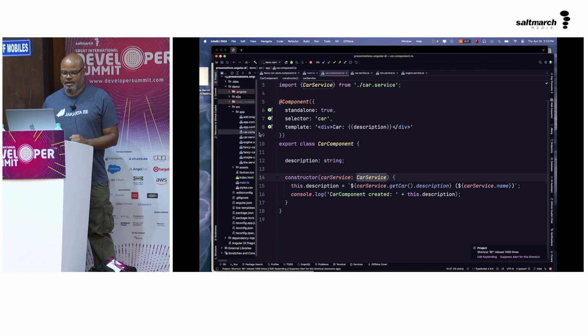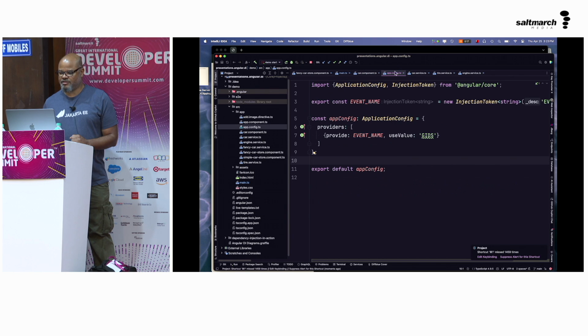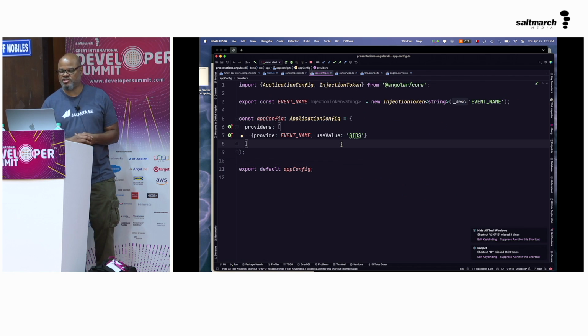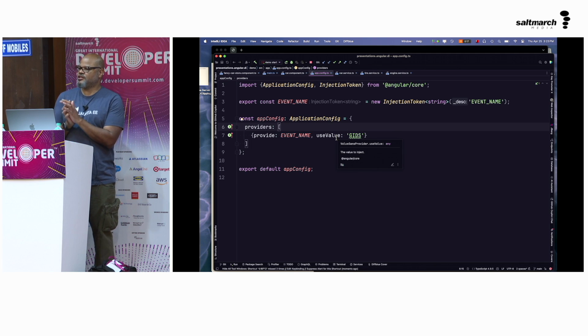Now in the app config, which is sort of the root of the application, this could also be an ng module as well. I have this event name here. And this is an example of doing just configuration, right? So I have event name, and here I'm using a value. And you notice I have this providers array. So this is basically saying that I am giving the dependency injection framework a way to handle a particular injection token.